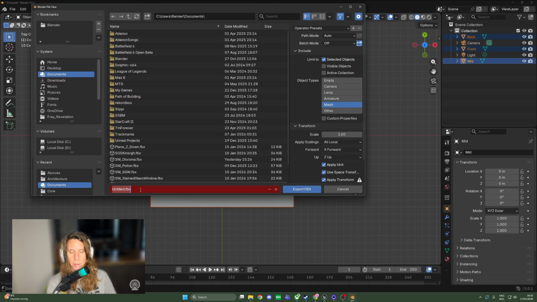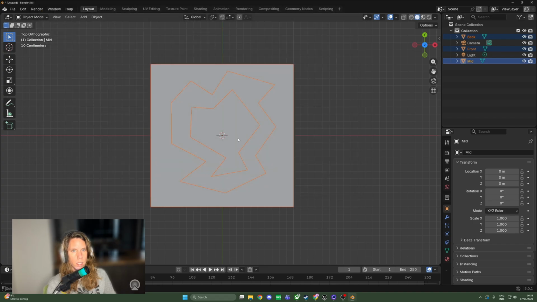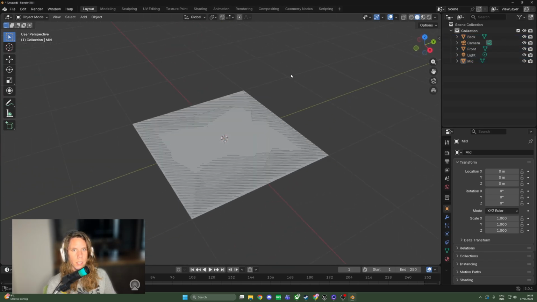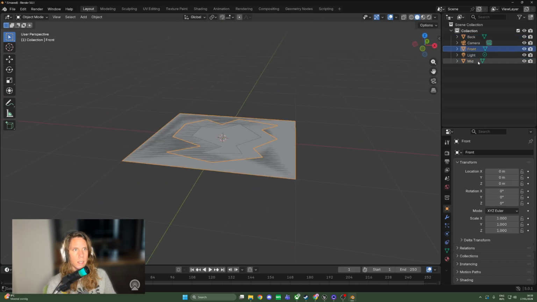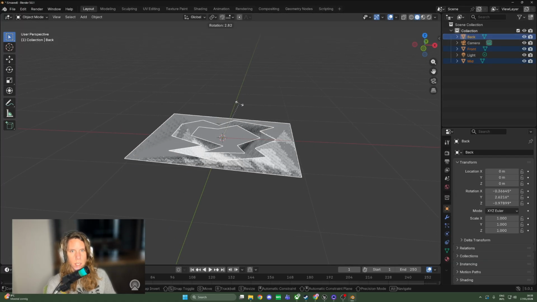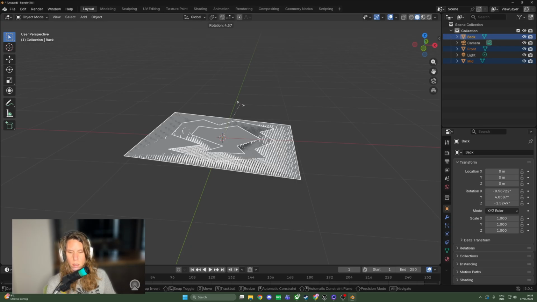And name them Diorama planes or something similar. Make sure you export with mesh and selected objects, that they are selected as well, and that you have your X forward and Z up. Export FBX. Actually, we might select all of the mid, front, back, and then rotate with R on, is it